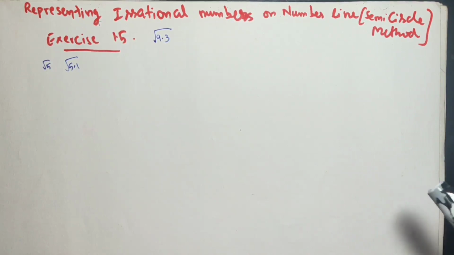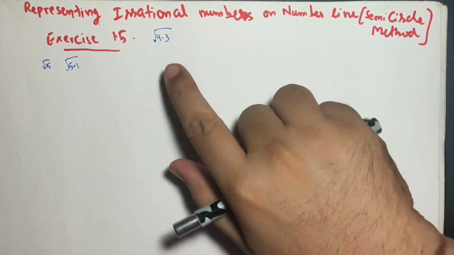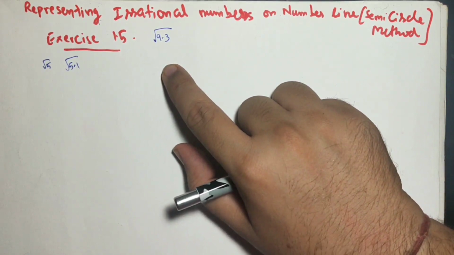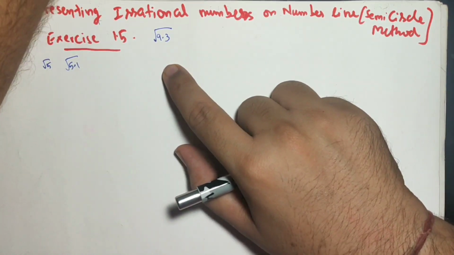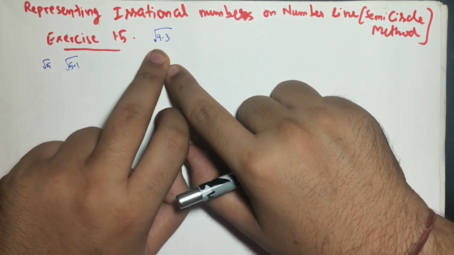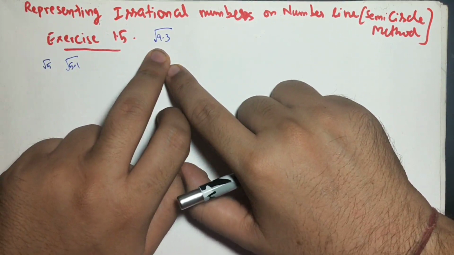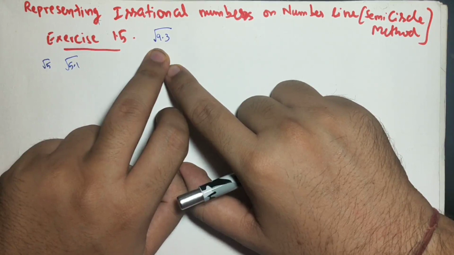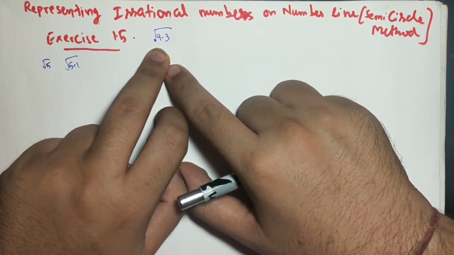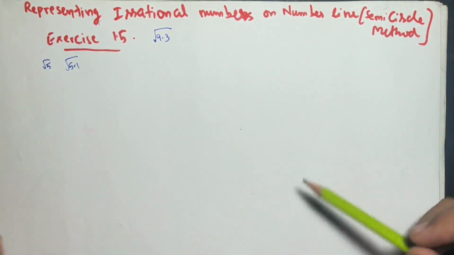After explaining the construction steps, I will definitely give you the justification of this representation of the number on the number line. For that, let me take the question from your textbook only, that is exercise 1.5, question number 4. The question is, represent root 9.3 on the number line. There is a number with a decimal point in the root sign. Obviously it's an irrational number and you have to represent it on the number line. You cannot use the spiral method because it's a decimal number. So how to represent this number?